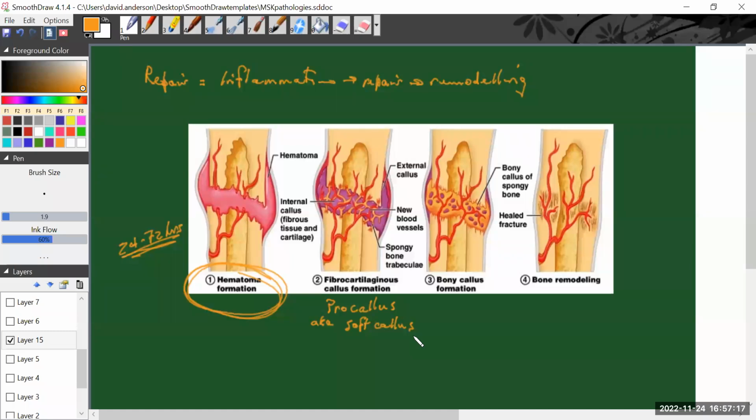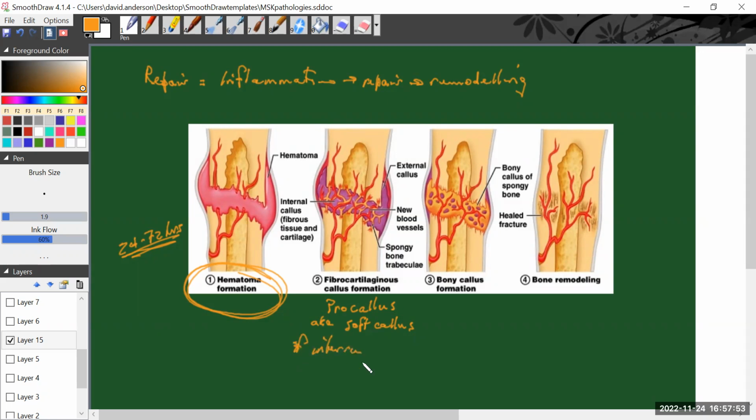So most of us are generally aware that we cast a bone. Most tissues in the body, we try to maintain a bit of mobility during the repair process to minimize scarring and encourage blood flow and so on. Bone tissue is an exception to the rule in the respect that the 2 ends of the bone need to be approximated, get close together, and they need to be immobilized in order to form first the soft callus and then the hard callus. Okay, if this step is interrupted,